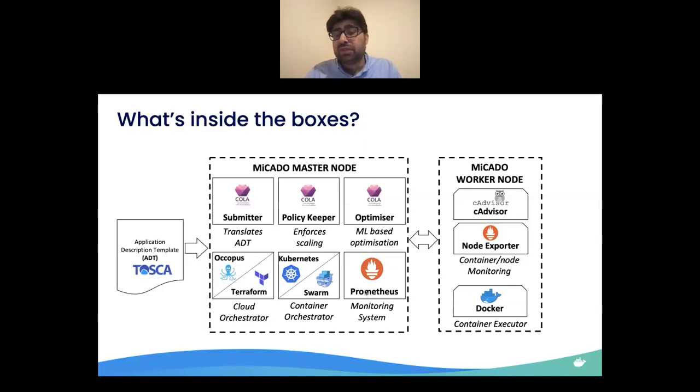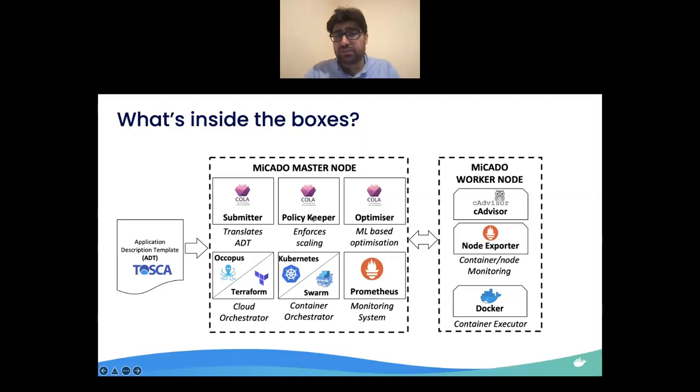And for monitoring of the resources and applications, we use the Prometheus tool, which is a very popular tool for monitoring systems. So we integrated it into the MiCADO system. Now, in the upper row, we have the submitter, whose purpose is to translate the input file submitted to the MiCADO system.